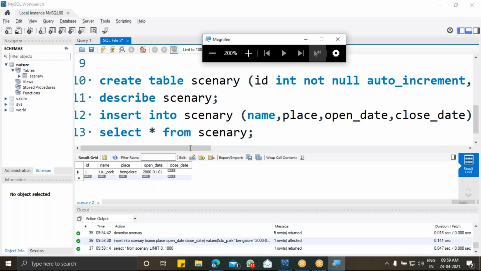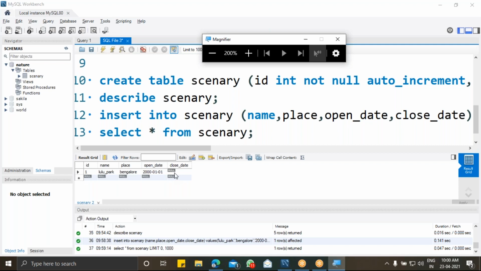So now you can see this. I have not given an ID value here. I have only inserted the name, place, open date, and close date, so these are the values inserted inside my table. Is this visible? ID started from 1, since we have given that as a primary key, it should be unique, and I'm allowing it to auto increment. So it is automatically incrementing the value, and its starting value is 1. The name of the park is inserted, along with the place and the open date, and for the close date I have given the value as null, so no value has been added here.